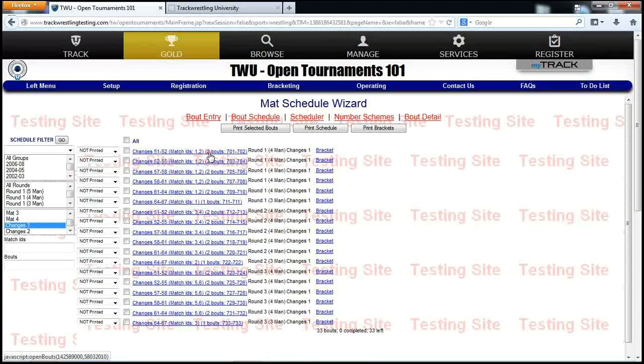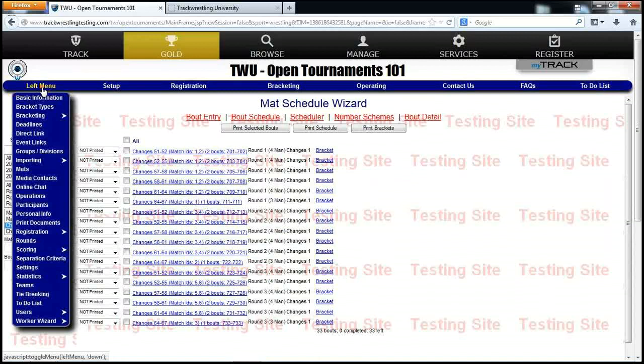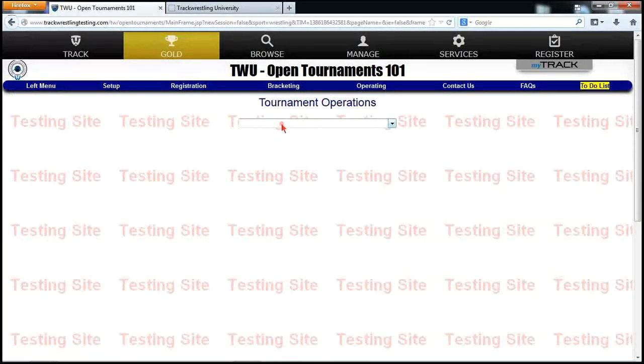So I'll show you one here now. And I'll use the example of a wrestler who is in the wrong weight class. And we're going to say that the tournament's already started, because inevitably that's probably when you're going to find this out. But I'm going to come over into operations, and I'm actually going to